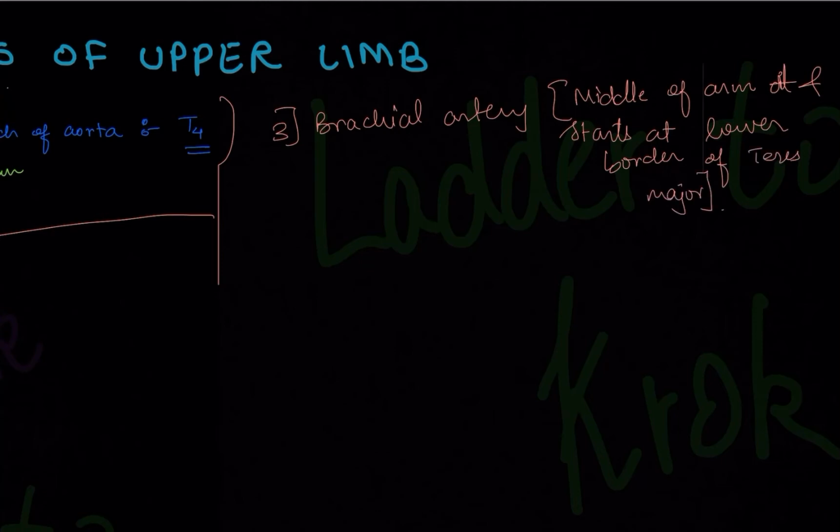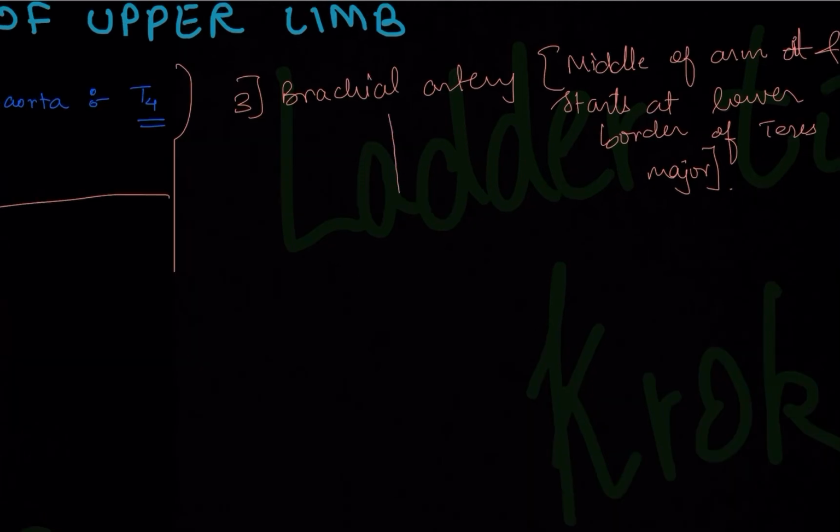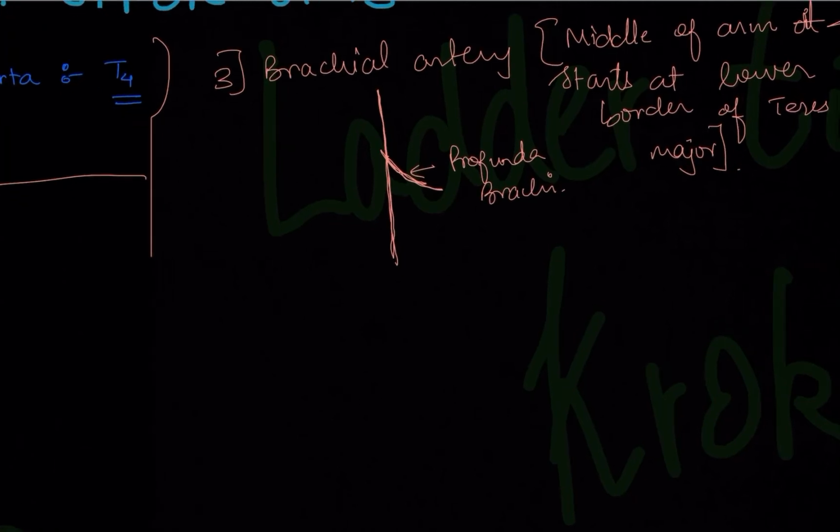Okay, now let's know about the branches. So it was going down. Suppose this is the brachial artery which was going down. It gives off a branch, and that branch is called which? Profunda brachii. Again, we have done this when we were doing humerus. It is present in your radial or the spiral groove, right? This is profunda brachii. This is brachial artery.